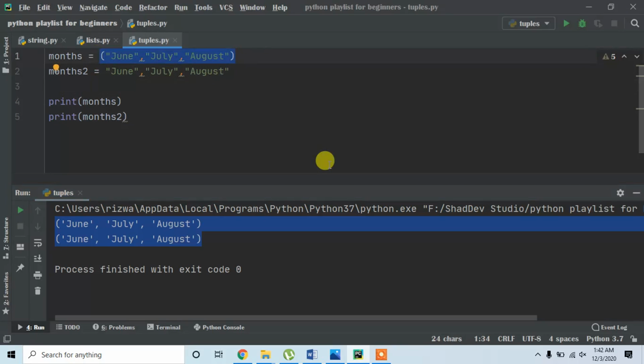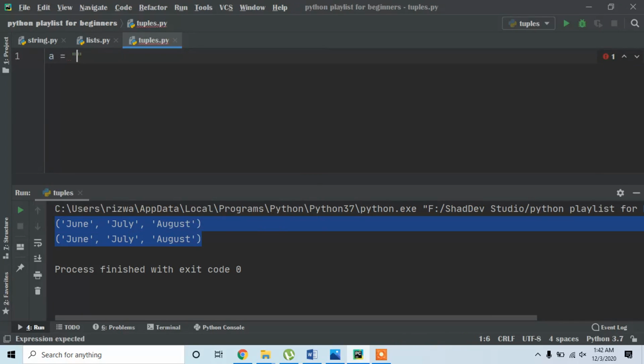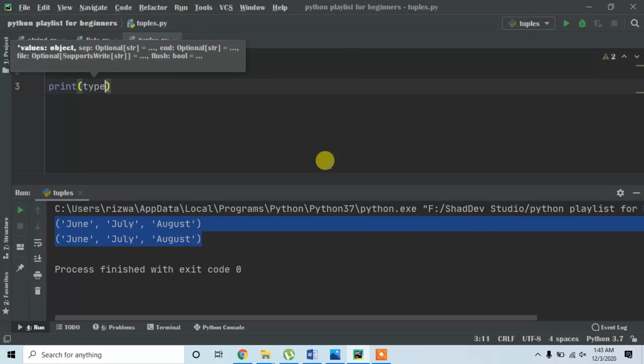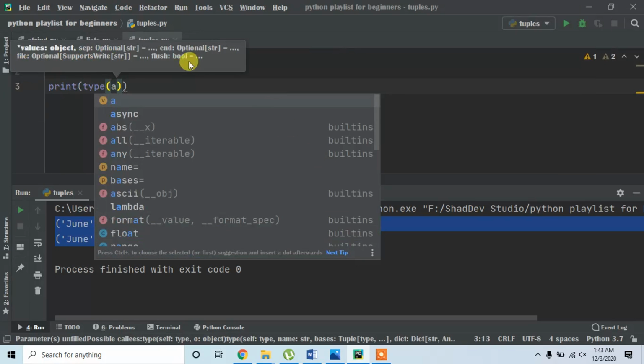The next important thing we have to learn about tuples is that if for some reason you need to create a tuple with a single item, you need to include a comma, otherwise you will end up with a string. Let's say we have a tuple named a is equal to July. So we have only a single item inside our tuple. When we try to print the type of our variable a,